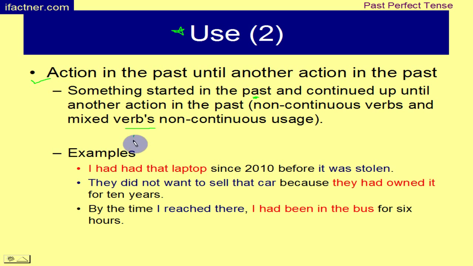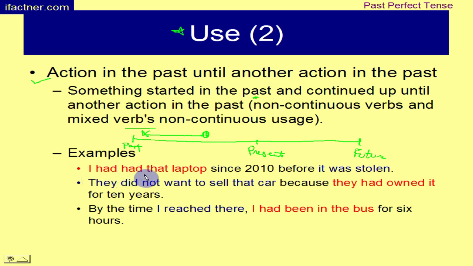So let's draw a timeline. This is past, this represents present, and here we have got our future. So an action started in the past and it continued until another action in the past. And for non-continuous verbs and for some mixed verbs, we will use past perfect tense. Some examples are: